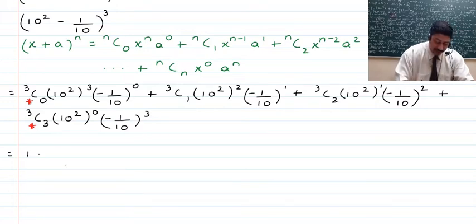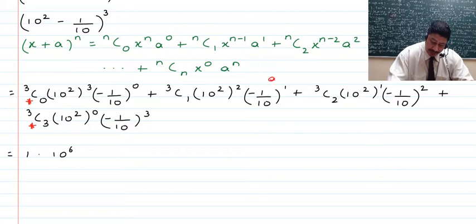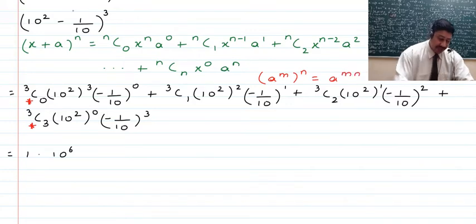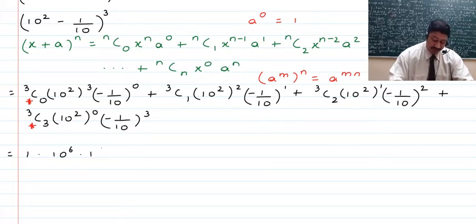So we have 1 which is multiplied with 10 raised to the power 6. Why so? Because if we talk about some a raised to the power m and we raise it to an n power, so that will become equal to a raised to the power m into n, right? So similarly here, children, we have 2 into 3 which becomes equal to 6, and further this is multiplied with 1 again, because any number whose power is 0 becomes equal to 1. So using this rule of indices, now we have just 10 raised to the power 6, which will become the